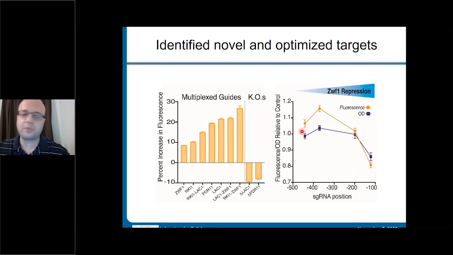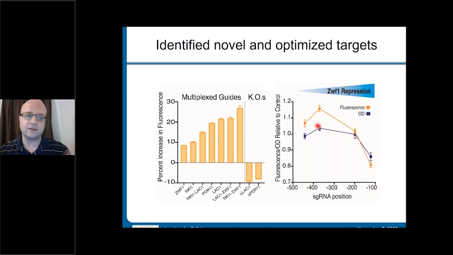bit more depth with. And here, just because we had these guide RNAs sitting in the freezer from the prior experiment, for example, looking at the DHS production, we can see that as we step along here with improvements of repression, it's pretty bad as we get really strong repression. But this intermediate level of repression is actually the optimum with respect to the fluorescence that we get, as well as maintaining constant growth rate.